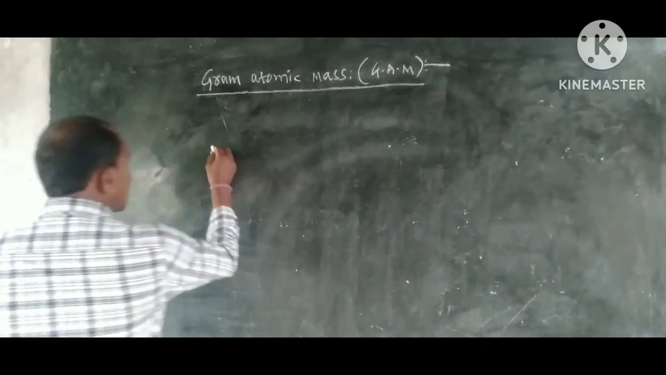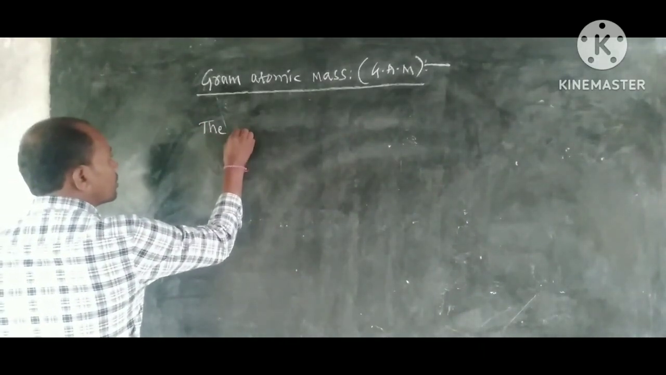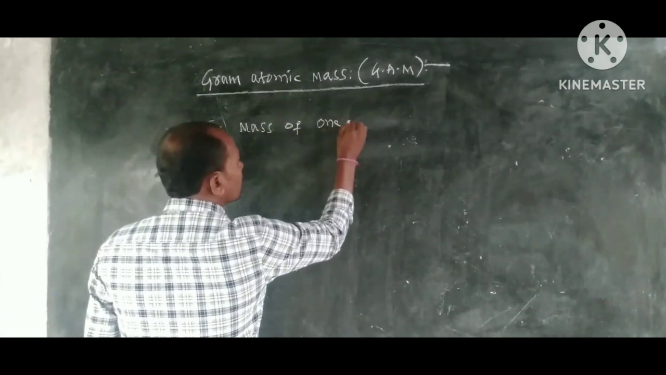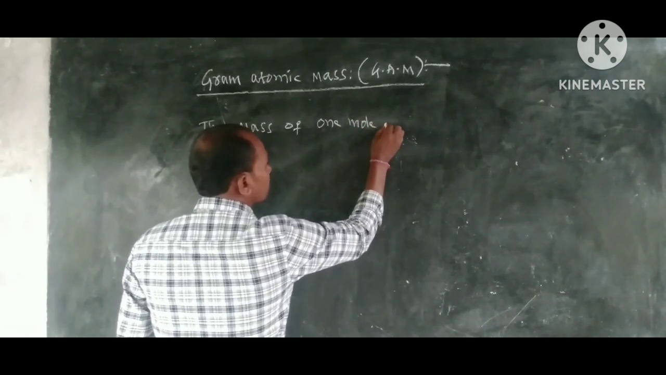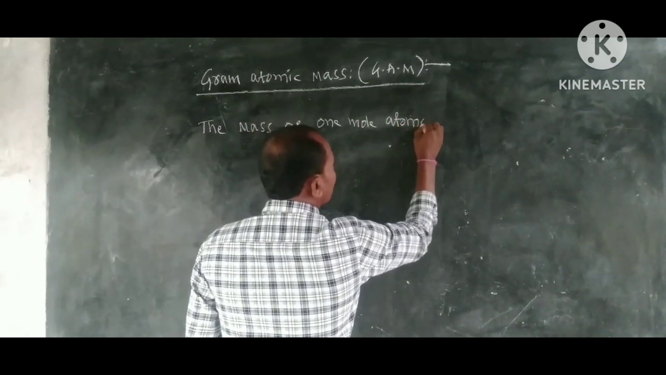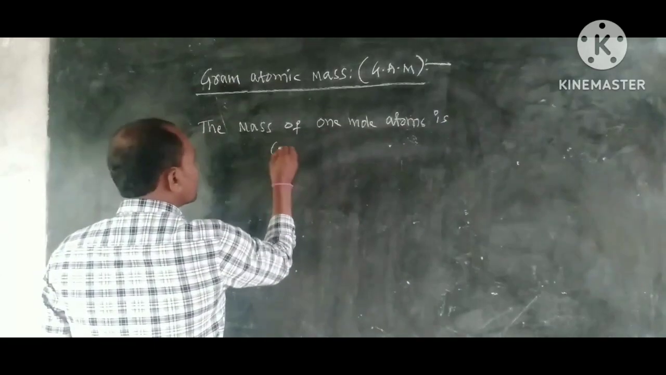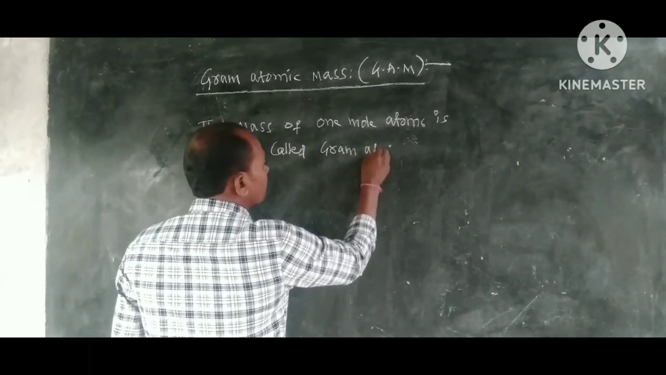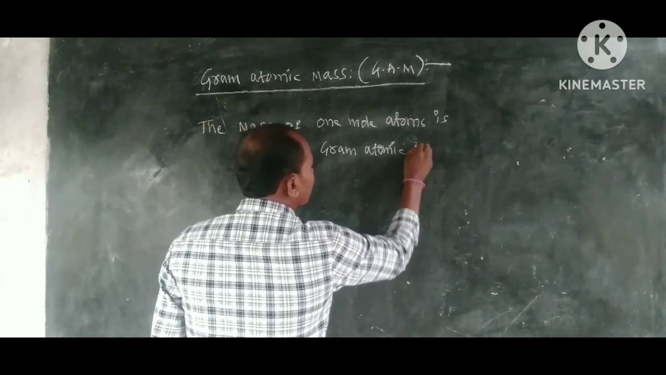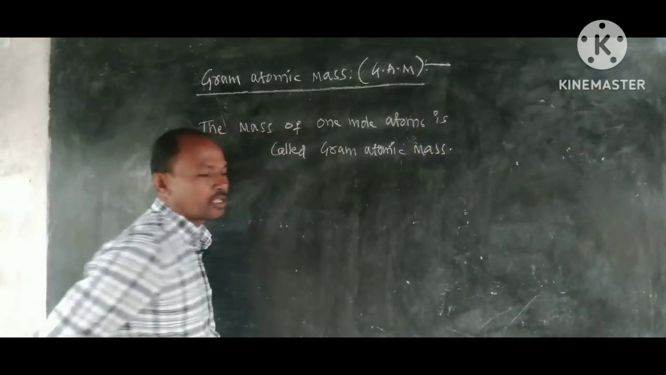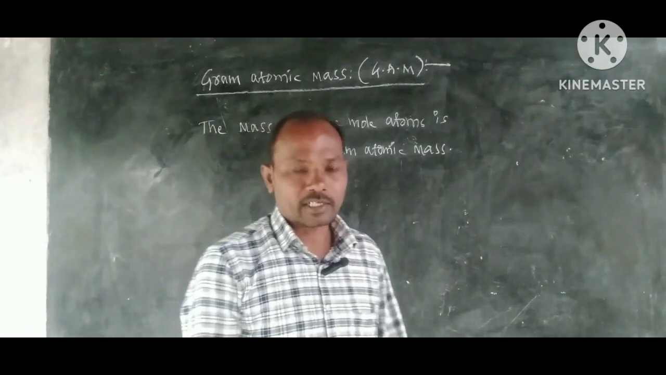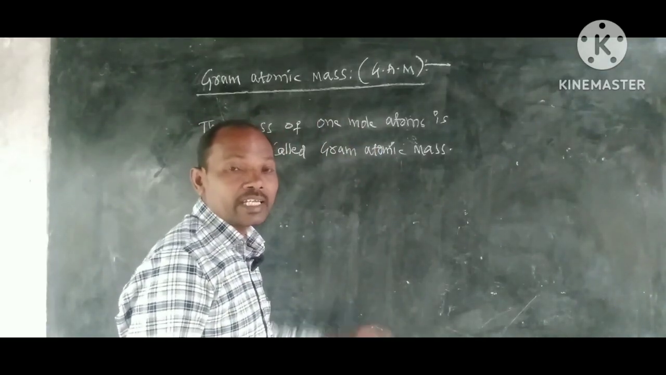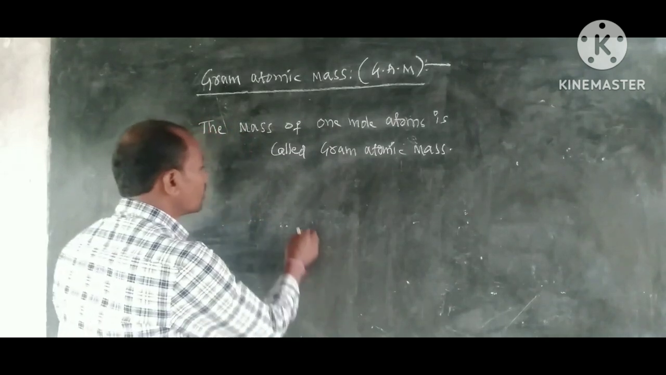Okay, the mass of one mole of atoms is called gram atomic mass. Okay, the mass of one mole of atoms, that is called gram atomic mass. So what is one mole? It is a number. So one mole is equal to